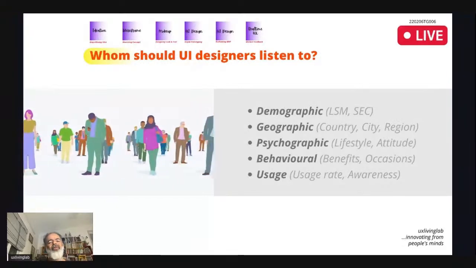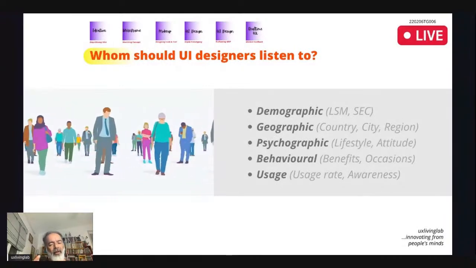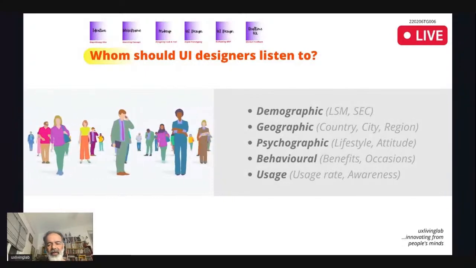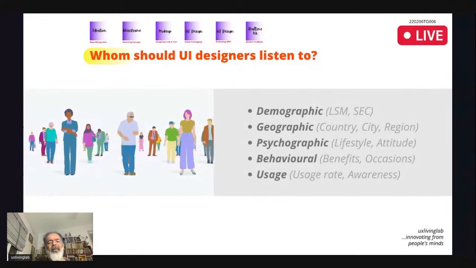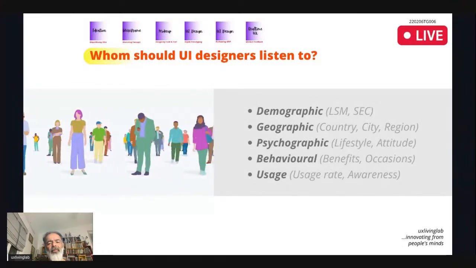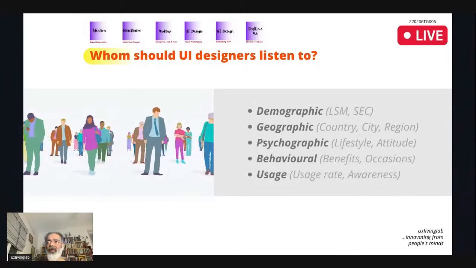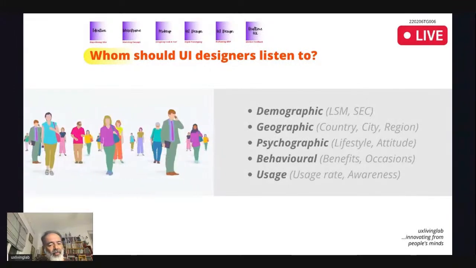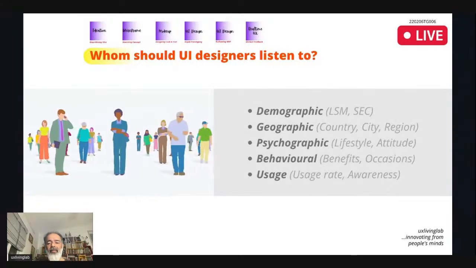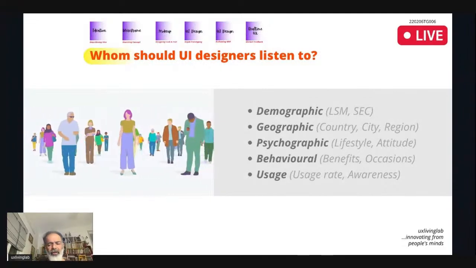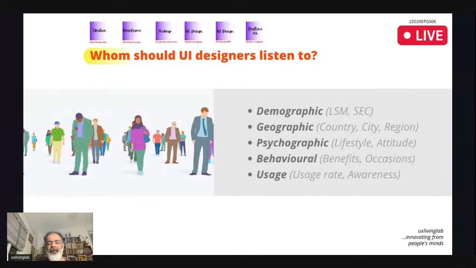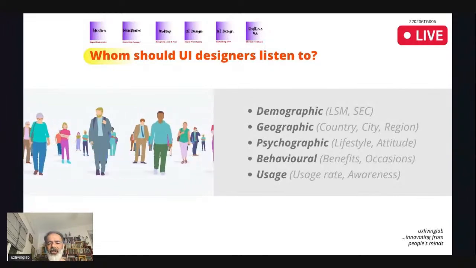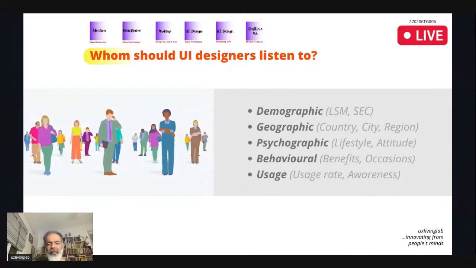So you have to find the attitude of the people by using screening methods, then group these people into psychographic segmentation. Then behavioral segmentation talks about benefits and occasions. Benefits are what the user is thinking about: what is the benefit of this product? Is it value for money, or does it contribute to my day-to-day life schedule? So these are the benefits the user is looking for. Then occasions: maybe office, home, leisure, or a different occasion. This is the behavior of the people who are using it.